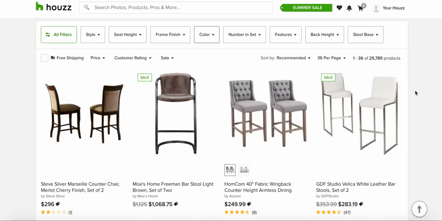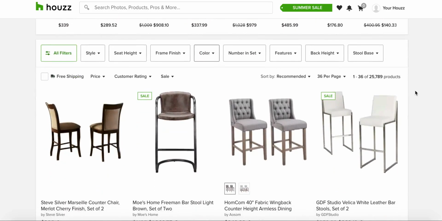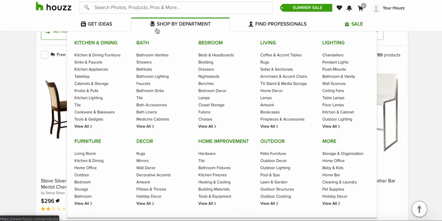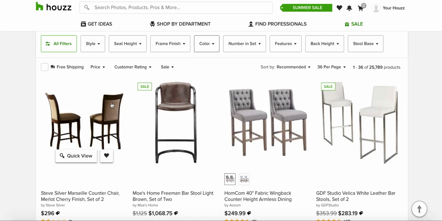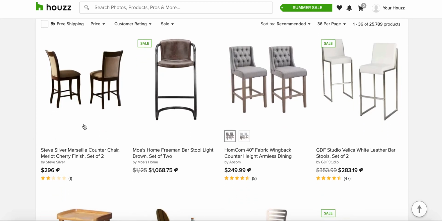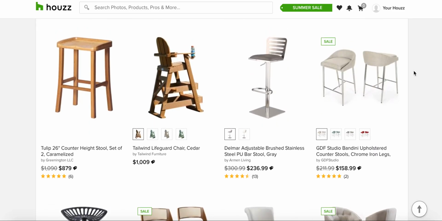And so when it comes to retail merchandising, you're going to have to think about building a website around one general category and then being that go-to website to be able to help somebody filter through different types of that product that we just went through here, style, seat height, frame finish, color, so on and so forth, so that they can find the best one for their needs and then provide the content to back up the questions that they have, the Q&A that they have during the buying process. You also need to make your website fast and easy to use and all that stuff, but we'll go more into that in more sections.